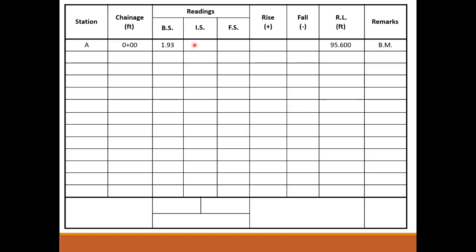The information is given that the leveling instrument position is being changed after the 4th and 8th readings. So the 4th reading must be in the foresight column over here. Similarly, the 5th reading, 3.21, is written in the backsight column. Again, intermediate sights. This one is the 8th reading, which is written in the foresight column. The 9th reading will be backsight. All the remaining values except the last reading must be entered in intermediate sights, and the last reading is in the foresight reading column. Now come towards the chainage.